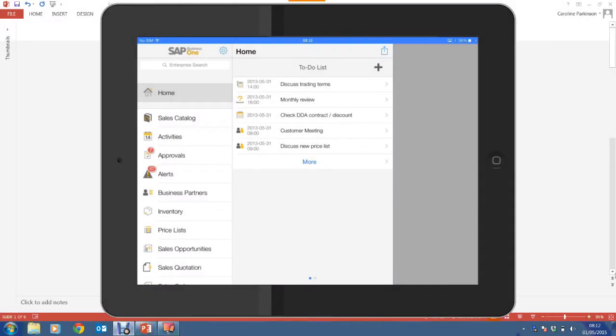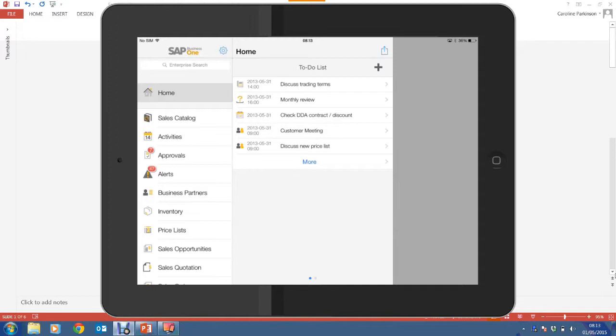With the SAP Business One mobile app, you give your team the power to accomplish business tasks from their mobile devices, as it has complete access to SAP Business One. The SAP Business One mobile application for iOS and Android enables immediate access to relevant information to run your business